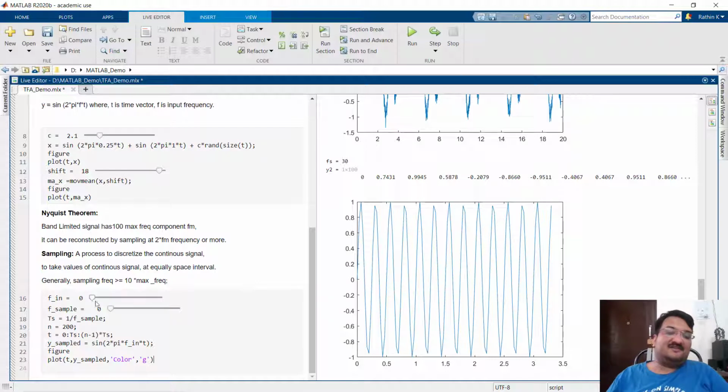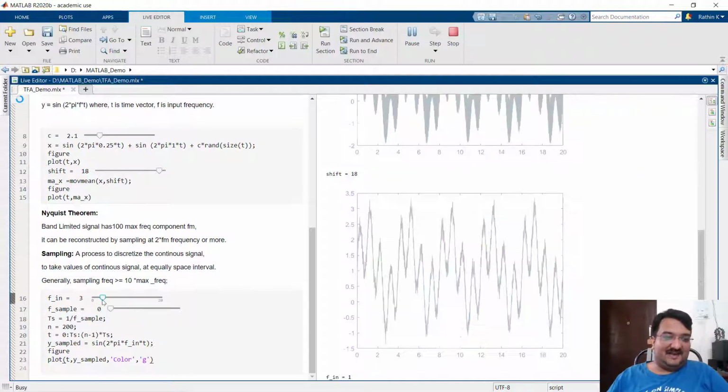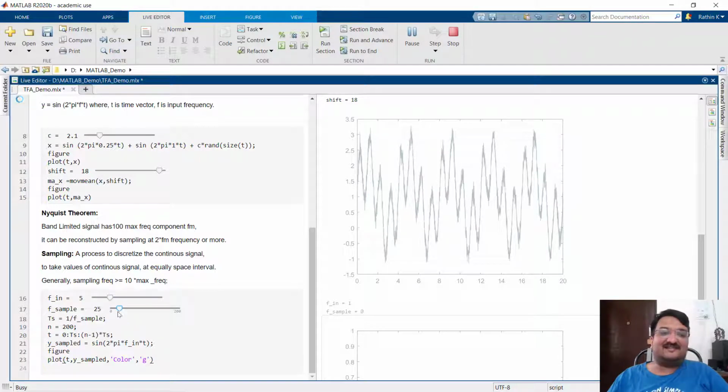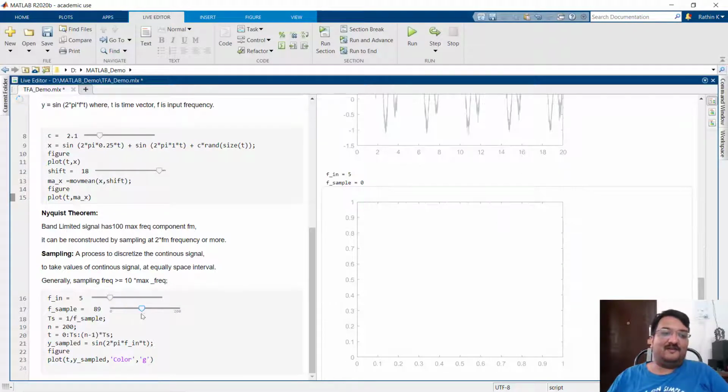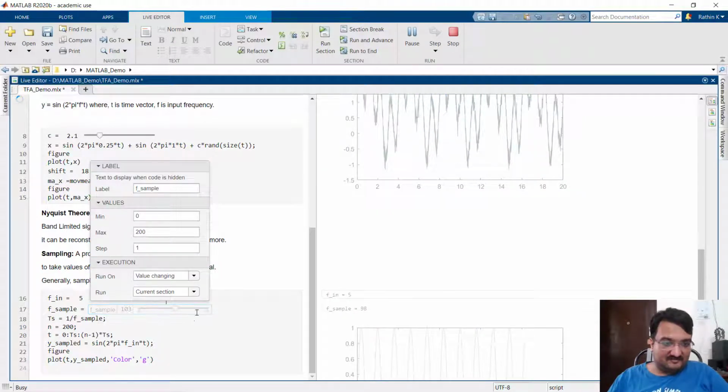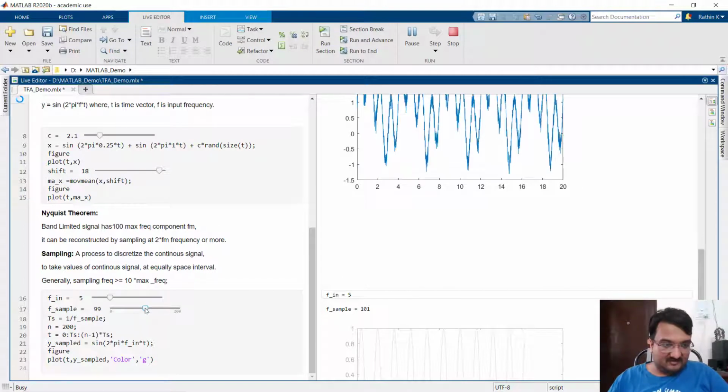Now we need to set some input frequency and some sampling frequency. So let's just keep the input frequency as 5, and let's keep the sampling frequency, which should be at least greater than that. For now we'll keep it very high, just to give you people an idea. We'll keep it 100, which is almost 20 times the maximum occurring frequency. Here the signal has only one frequency, that is 5. So the maximum occurring frequency is 5, and this value we can put as, hold on a second, yeah, 99